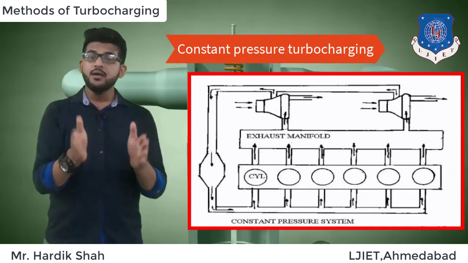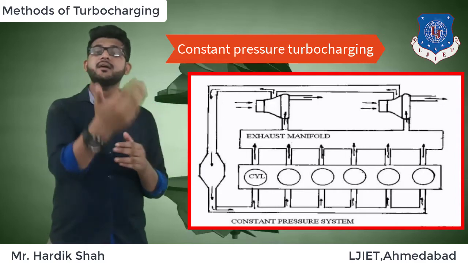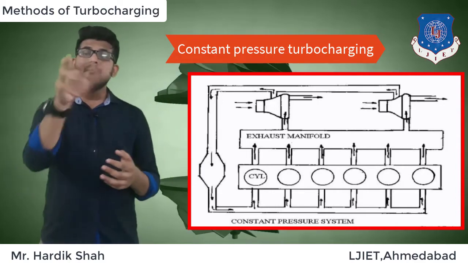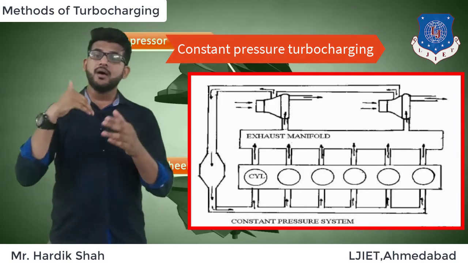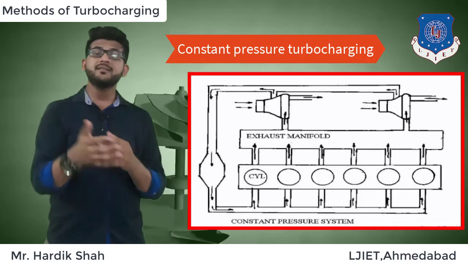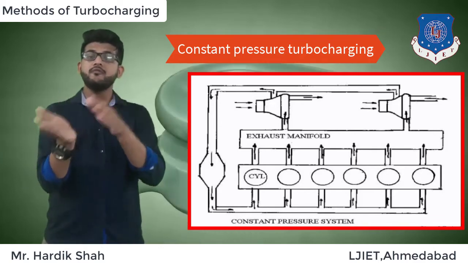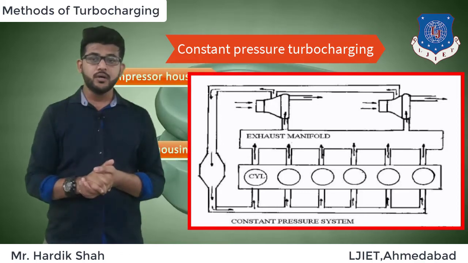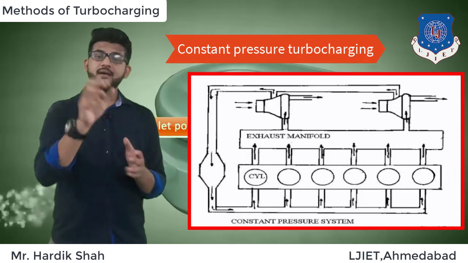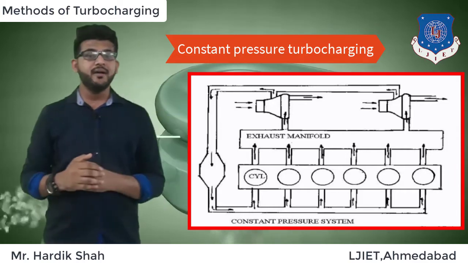In the turbine, the blow down energy, which is the internal energy of the exhaust gases, is converted to work by means of the rotor. The exhaust gases are maintained at constant pressure to operate this system, so at the inlet of the turbine during the whole cycle, the pressure is constant. Normally this type of system is used in many automobile engines, and it is called the basic turbocharged engine. So what are the advantages of it?